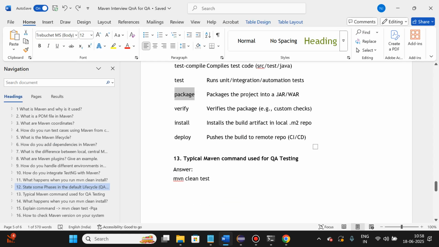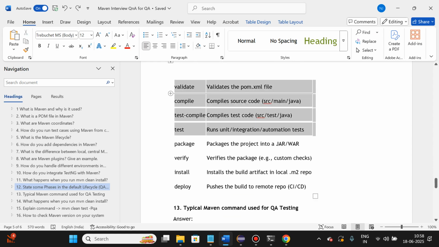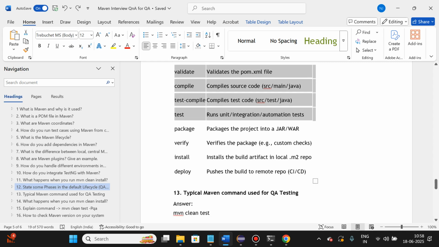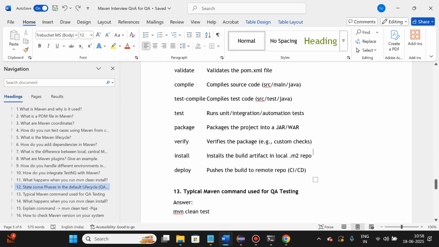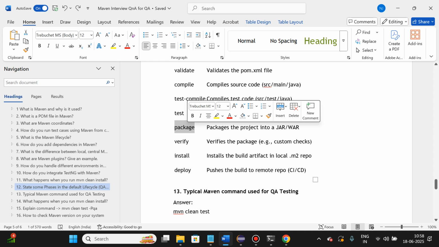Package. So these are the main things which are used by QA, right? Validate, compile, test, compile and test. From here, these things are important from a developer perspective. So package is nothing but it will compile the project and package it into a jar or war file, right? Verify